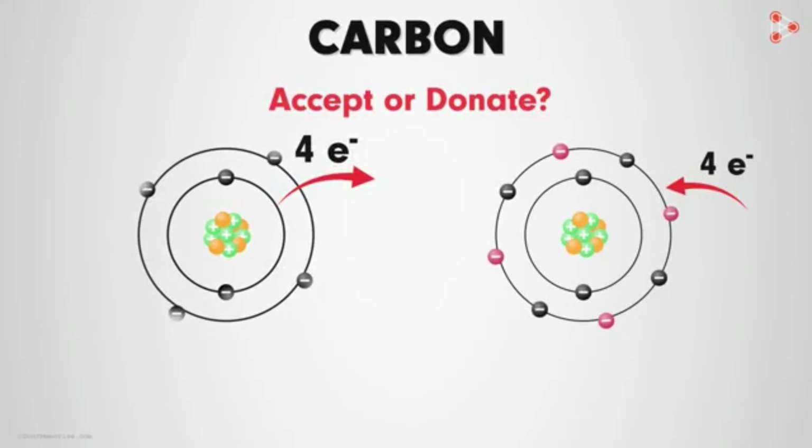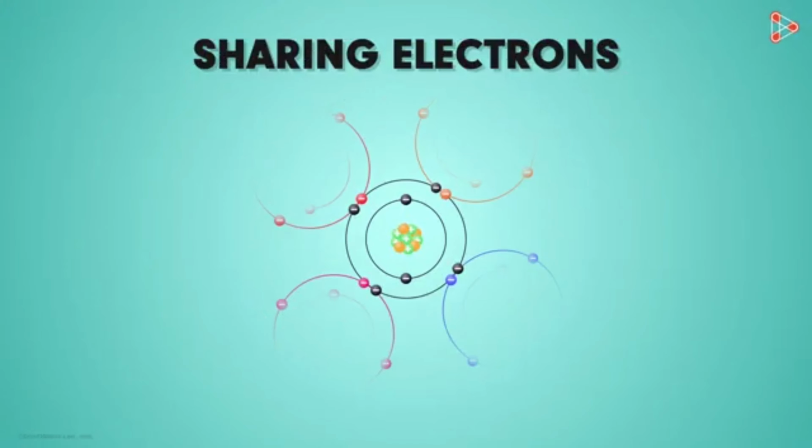Well, the simplest way to achieve the octet is by sharing the electrons. That gives us answer to so many queries that we'll be resolving ahead. Yes, the fact that carbon can share its outermost shell with any other element is the thing that gives it the capability